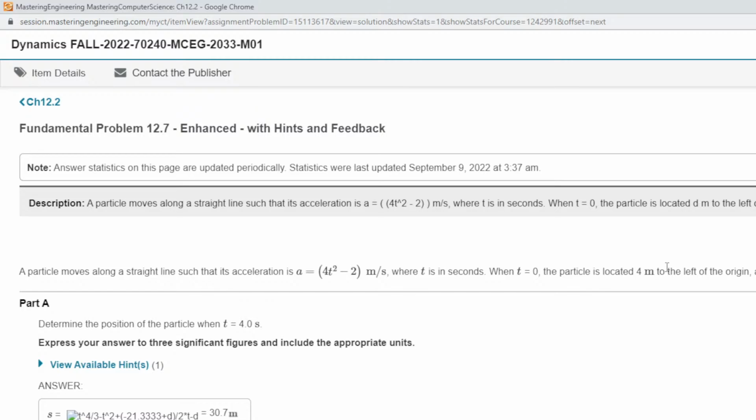So it looks to me like what you're going to have to do is this: V at T2 and V at T1. You're going to have to take this. Well, I had it written right there. Put it in here and integrate it. And 4t squared minus 2 dt out of this,